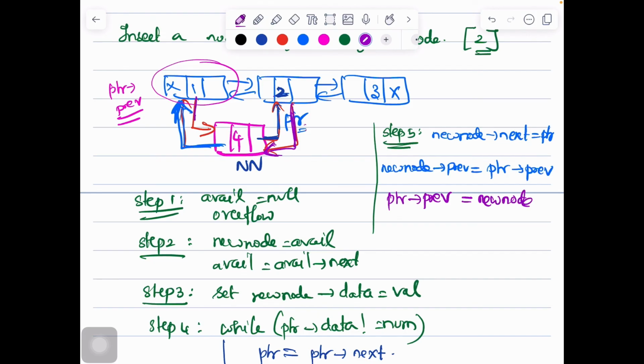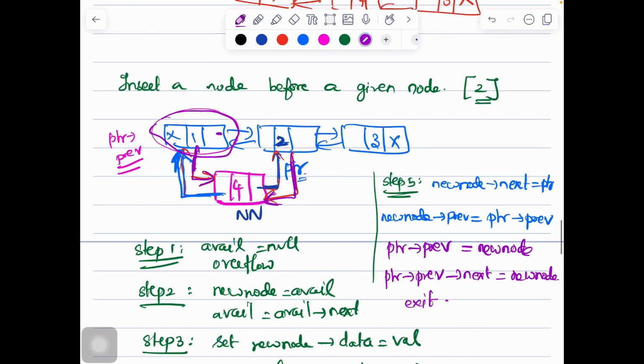And then I make my PTR's previous next, this node, the next pointer, point to the new node. Okay, and then we exit. So this is how the insertion happens before a given node.